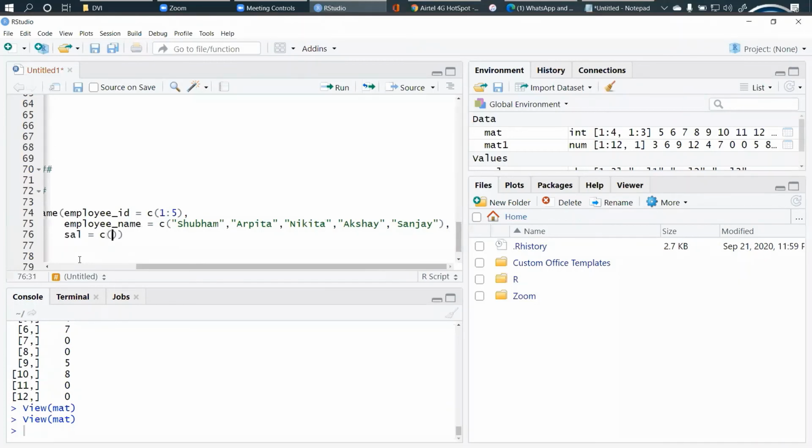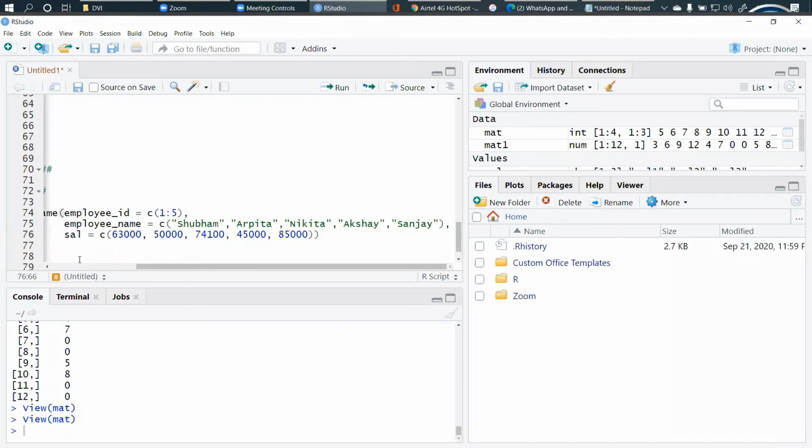Okay, so we can go for characters, specifying range by taking float values also. So we'll provide some salaries over here: 1, 2, 3, 4, and 5.